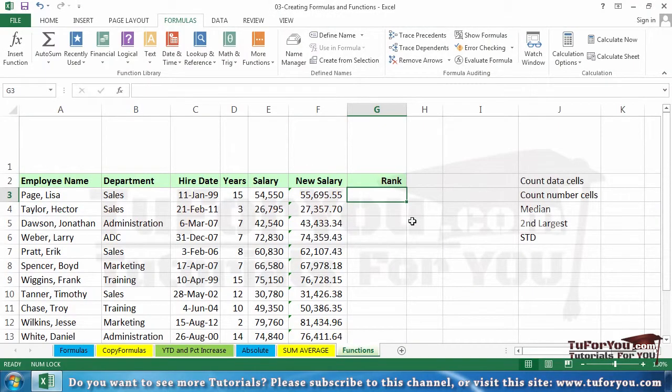With over 400 functions in Excel, you may be wondering, how do you get a handle on them? How do you know what to look for? We're going to give you a few examples on this functions worksheet, which is found in the workbook 03 Creating Formulas and Functions. When you do have that extra moment, if you go to the Formulas tab in the ribbon,